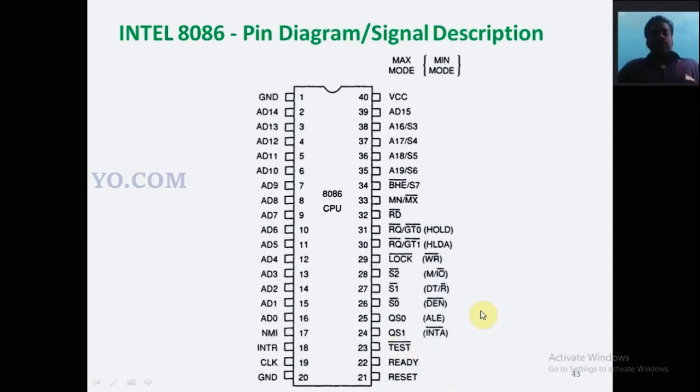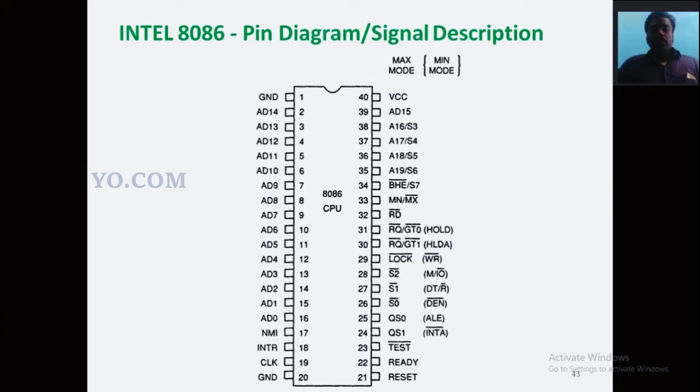So this is the pin diagram of the 8086 microprocessor. What is a pin, and why do we call it a pin diagram? The 8086 microprocessor is in the form of an integrated circuit. I don't know how many of you have a clear idea about ICs. An IC looks black in color, and mostly it is rectangular in shape. Along the length you have pins on both sides. That is a dual in-line package.